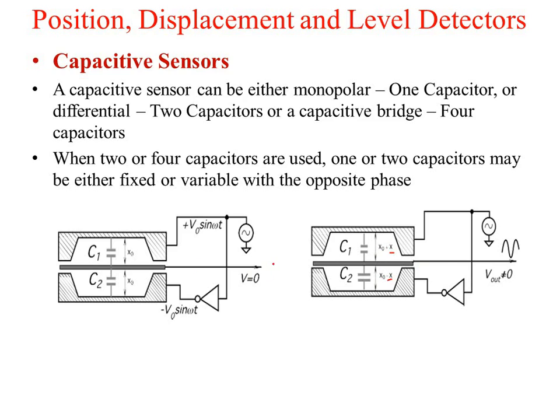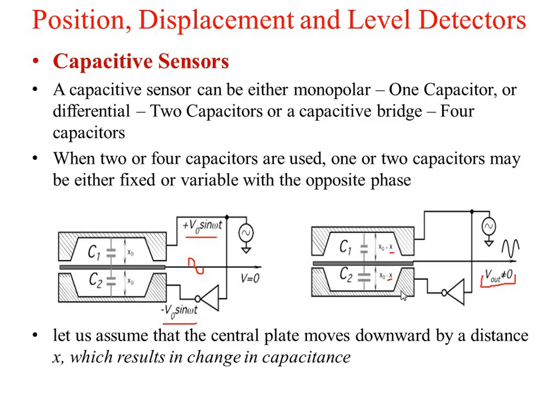Now whatever output is generated, this voltage plus V and minus V sin omega t is applied over here, but whatever the output, you will be taking it out of this. Initially the output was equal, that means here it is positive and here it is negative, so they cancel each other. But in this case the output may not be equal, that's why you will be getting some output, and that output is proportional to this displacement, and we can show it with the help of equations also.